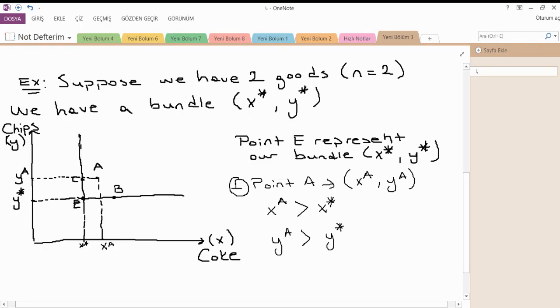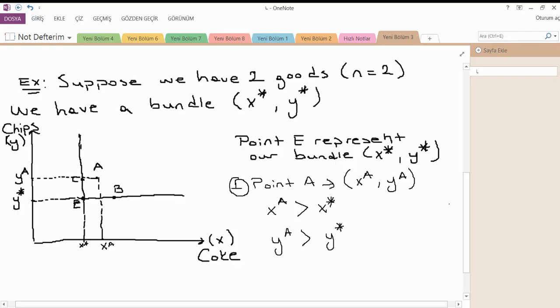If we have the more is better assumption, we were at point E. As you see, the consumer is going to prefer point A to point E because it has more of the two goods. So, for any point